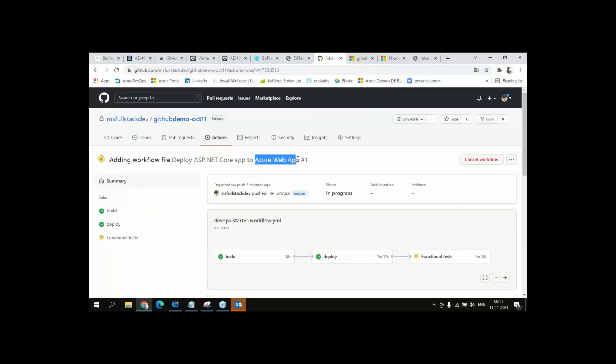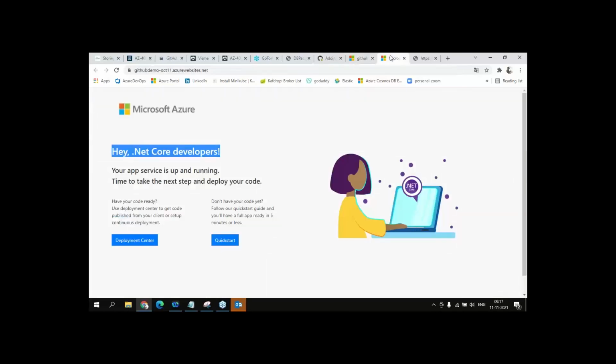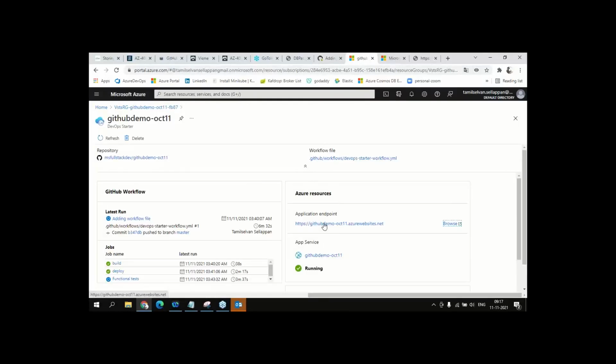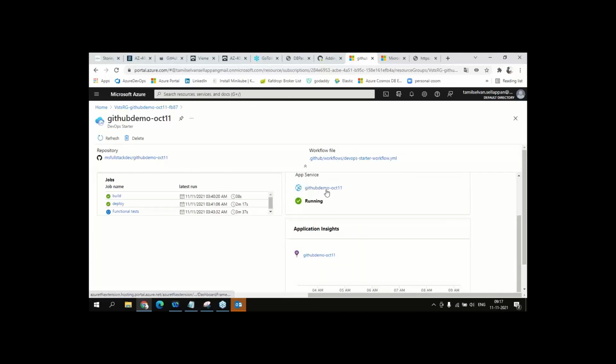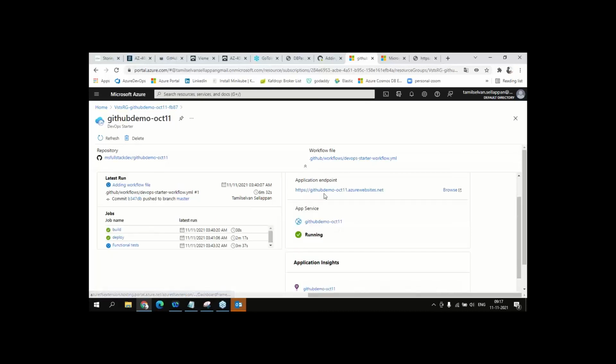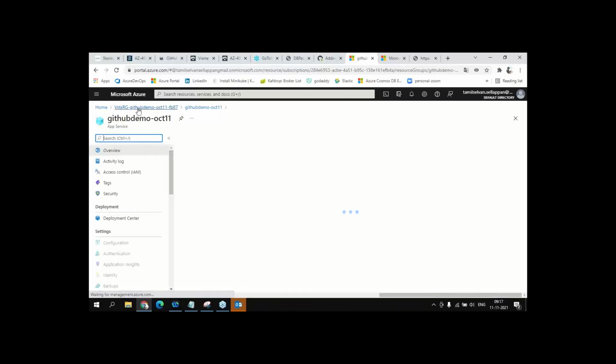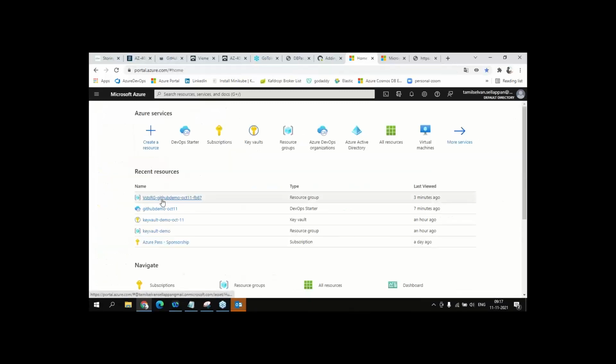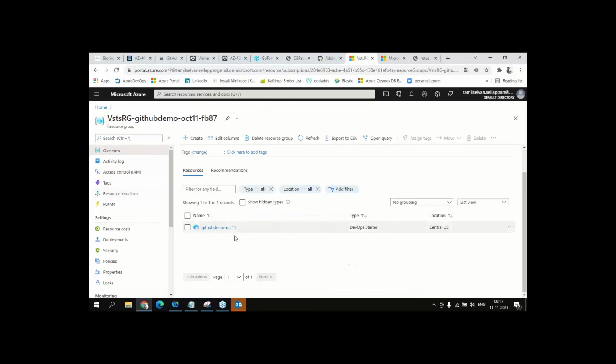So this has created the source code, and then it will create the Azure Web App service in Azure, and after that it is copying the ASP.NET Core application to the Azure Web App. Finally, here we are able to see the application also. This is the application endpoint, and this is the web app, GitHub demo October 1, 11. So this is the web app. Maybe here we can go here also. Under this one it is created. So for example, I am going to this resource, and under this resource